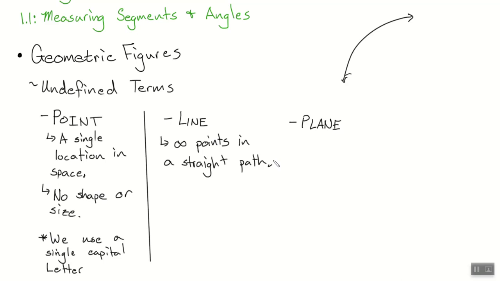If a point doesn't have any shape or size and a line is just infinitely many points, does a line really have any shape or size? No. Because it's made of these, it has no real shape or size. In reality, there's no thickness to these. If I tried to draw a line with no thickness, you ready? I'm going to do it. It's beautiful, right? You just literally can't touch the page. So we'll just go ahead and say no thickness.